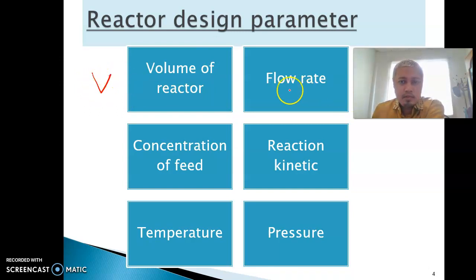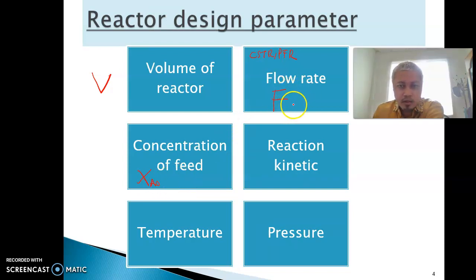Okay, and then flow rate F. Okay, flow rate, this is for CSTR, for PFR. Okay, because got flow, right? And then concentration of feed. Okay, concentration of feed. So, sometimes when we talk about feed, we need to have not so same